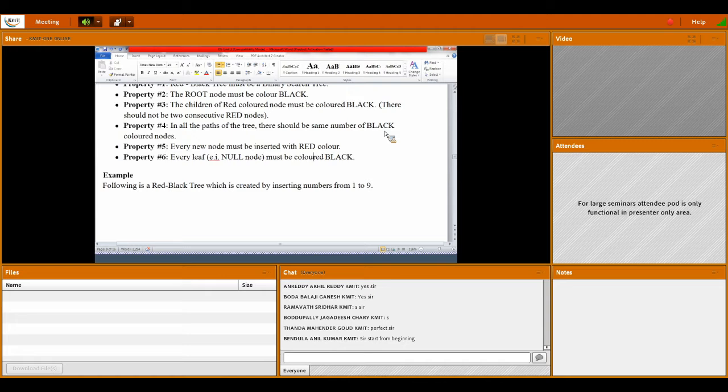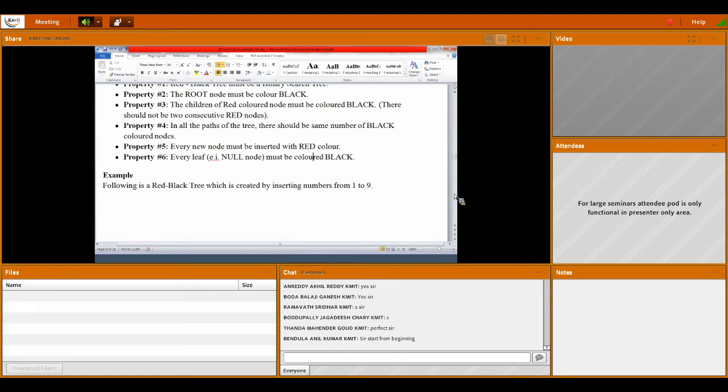So note down, these points are very important. So generally here the leaf nodes must be colored black, and every new node must be inserted with red color.